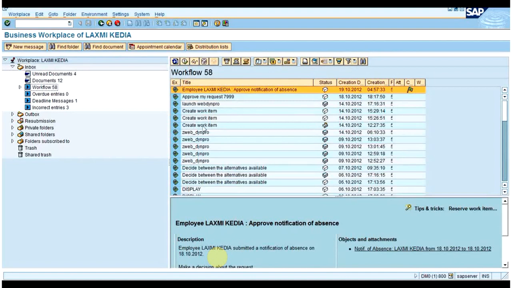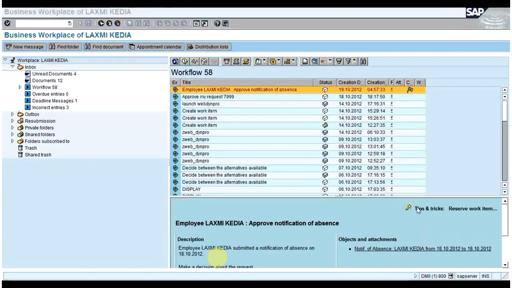Is that the only thing? If you know this, how can you get that work item ID, on what basis? What will be the importing parameter? Tell me, on what basis do you want that workflow number? You want to give the abbreviation, and then the workflow number should be returned.